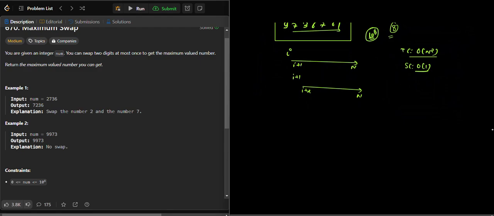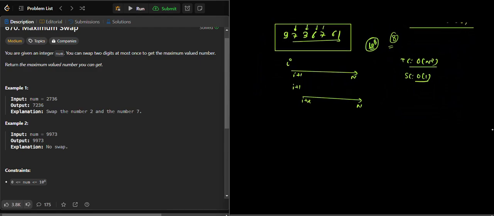But assume that the number of digits is 10 to the power 5. Then how can we optimize this solution? In this problem, n is not your number; n is the number of integers present in num.